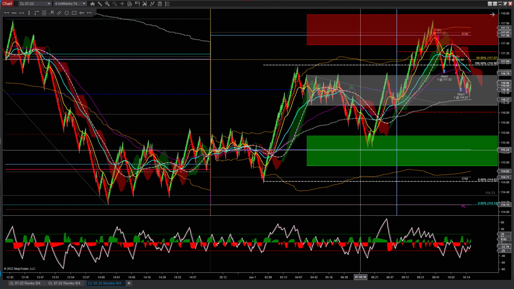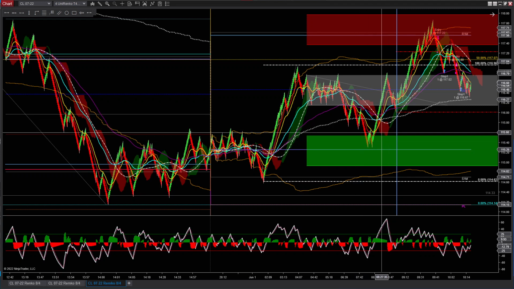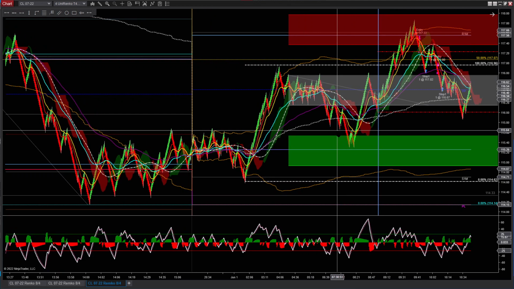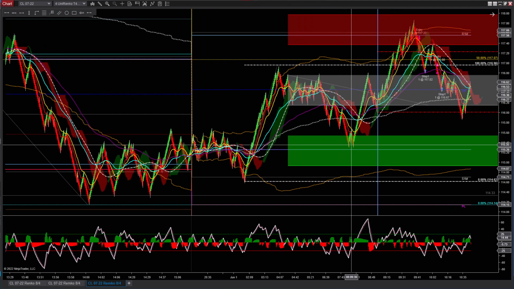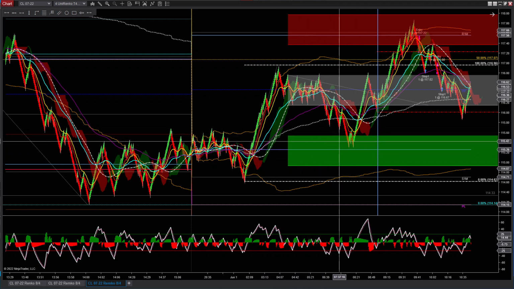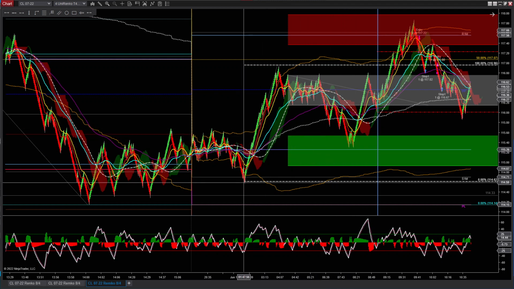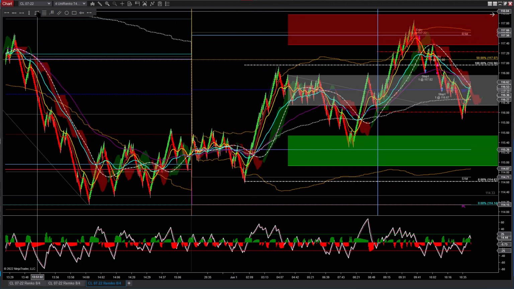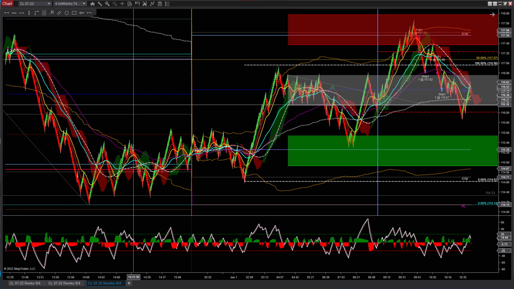This green area is an area that you can improve the possibility that you're going to bounce. So that's why it's green, right? Green means buying. So basically it moved from here in this direction. Let me put it right here.